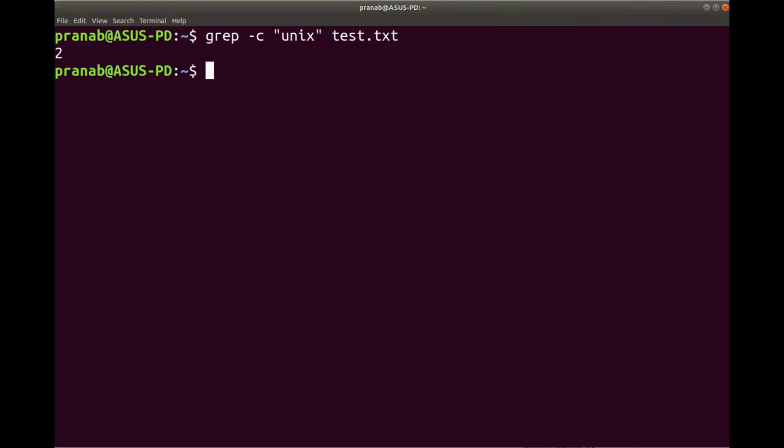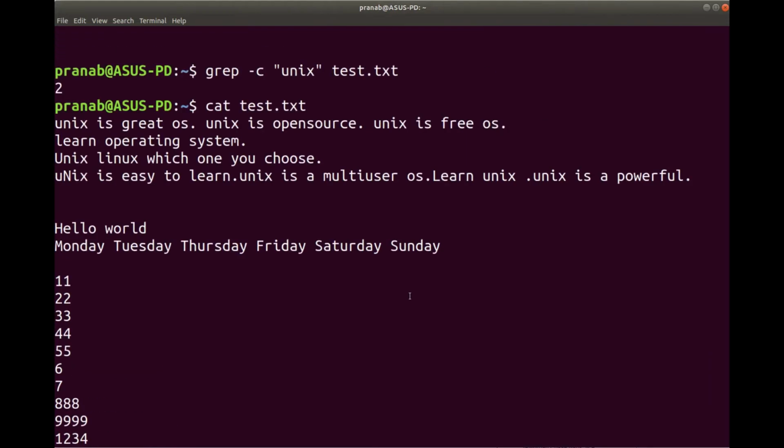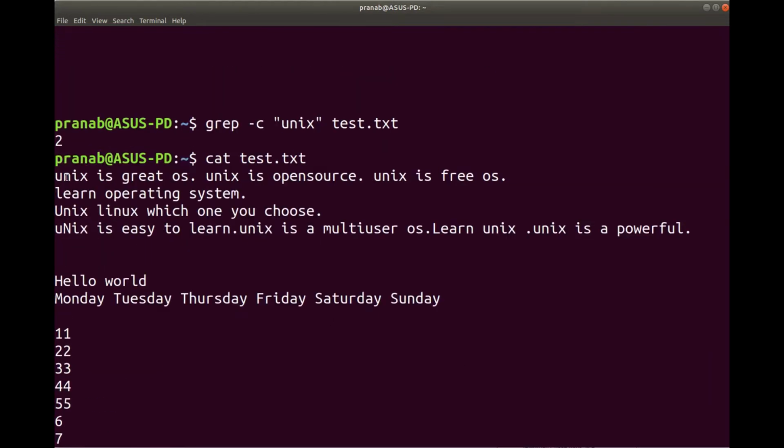cat test.txt. Now the answer is 2, but you can see there are many Unix, 1, 2, then 3, 4, 5, but it is displaying 2, that is the number of lines containing the pattern Unix.